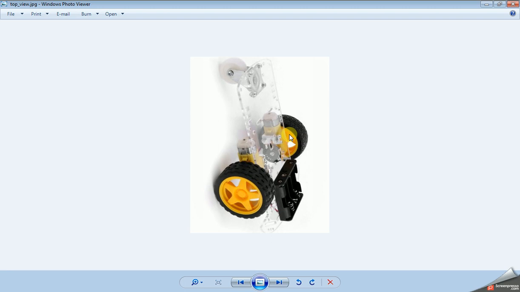Then the robot moves to the right side. If you want to move the robot to the left side, then the left motor has to rotate anti-clockwise and the right motor has to rotate clockwise. Then the robot will move in the left direction.